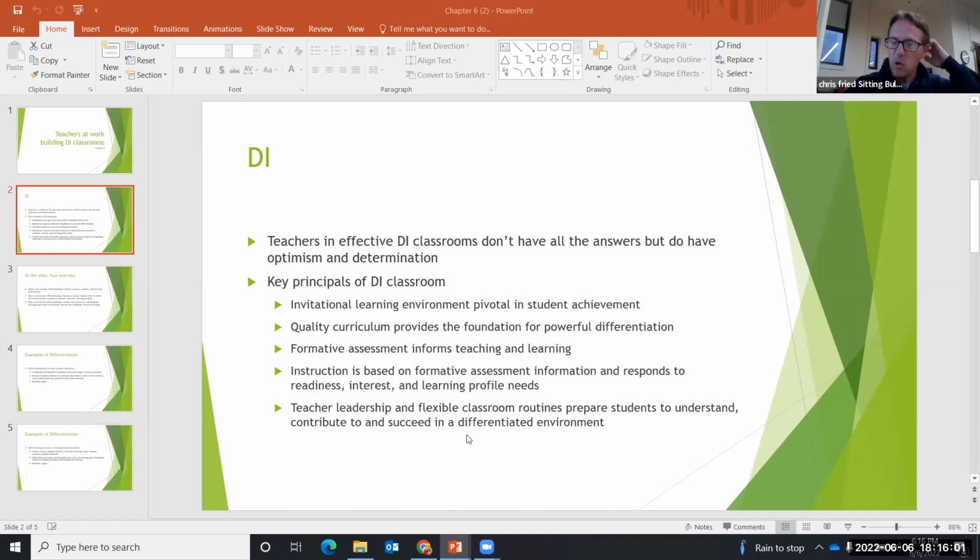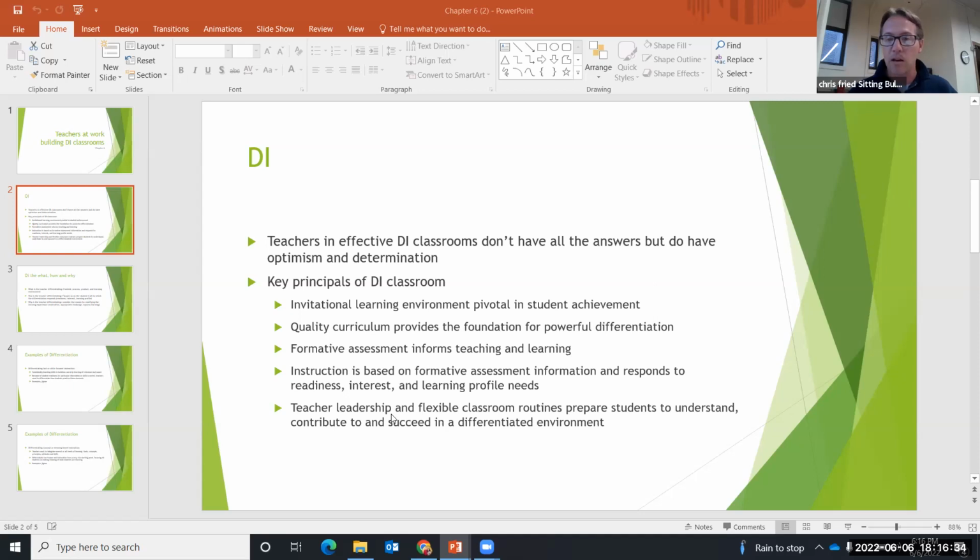a differentiated environment. So we as teachers have to have that leadership piece, right? So we can help guide them through these routines. Now, a lot of times in classrooms and even in organizations, routines are important, right? Because that gives students a sense of schedule, knowing what's coming. But we also want to be a little bit flexible in some of those routines to help those students who need that differentiation, right? Who need that